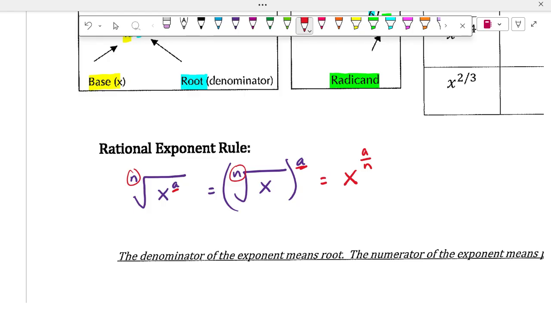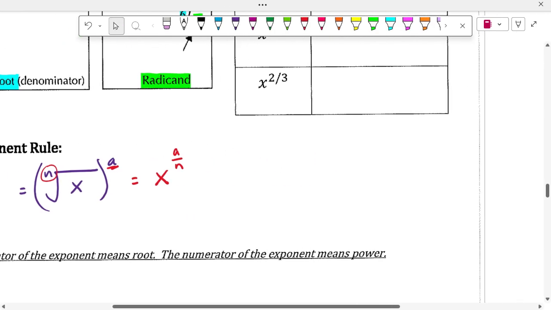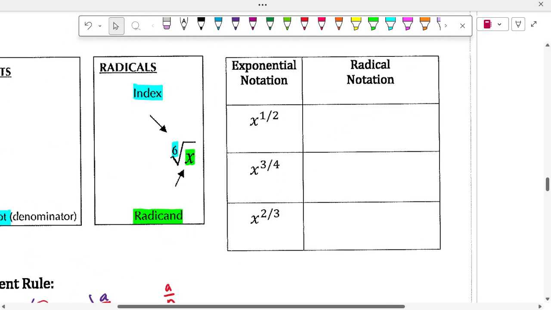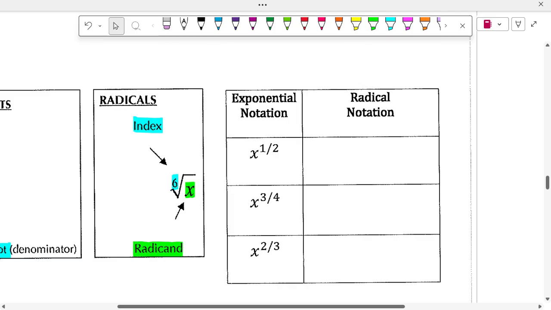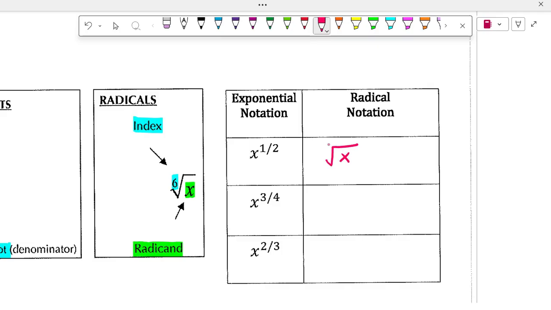So, if I go back to the rule, x to the 1/2 we already know is going to be what? Square root of x. 2 will be here, little 1 will be here, still the square root of x. Now,